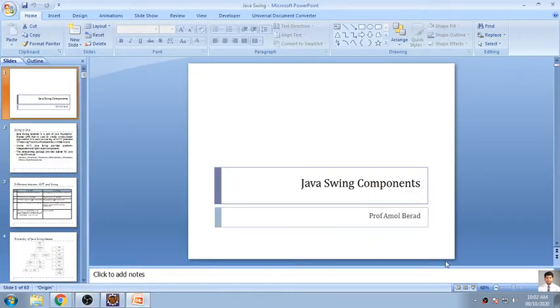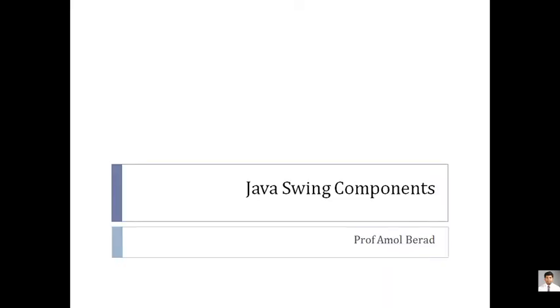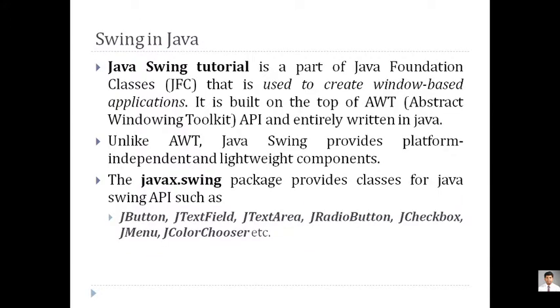Now, yesterday we started with Swing components, and we went into detail about that. Whenever we are talking about Swing components, we have to import a package called javax.swing, and we'll find there are different classes that we'll be using, and all the classes will start with J. Just like a button, it will be JButton. Just like a text field, it will be JTextField. So different components are being added over here.